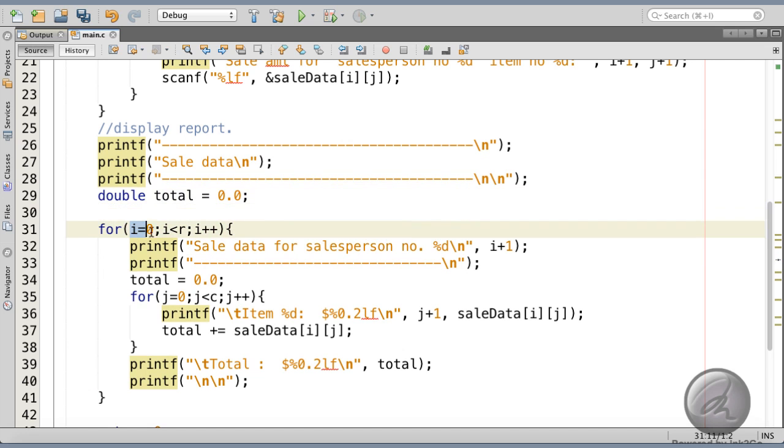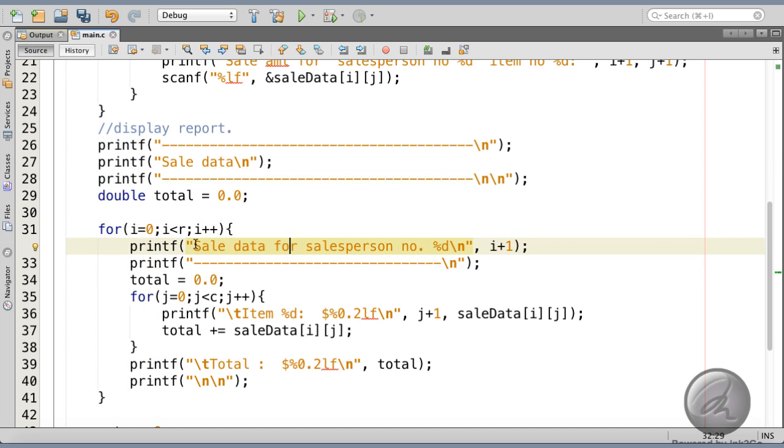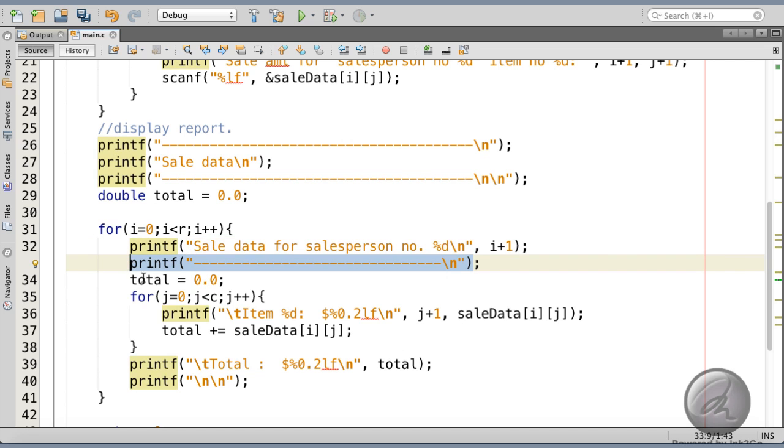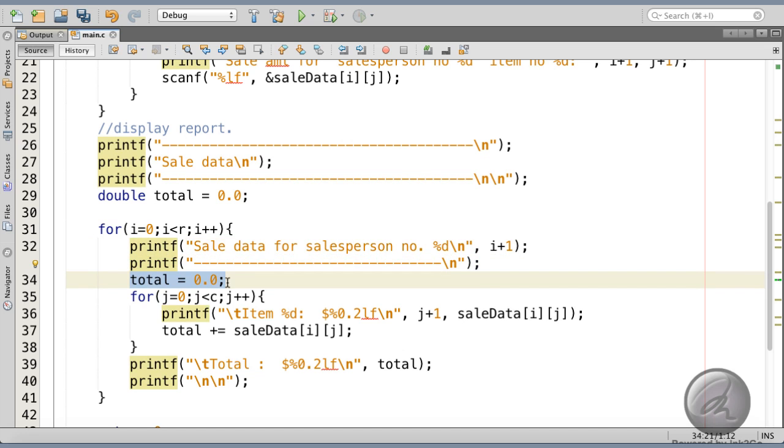For each row, i equals 0 means you are on the first row and you are entering this for loop and you are printing the sale data for salesperson number. That means it's the heading for each row. When you are printing the report, you are first printing the salesperson number, then this printf is printing the line, and then we are initializing the total to 0